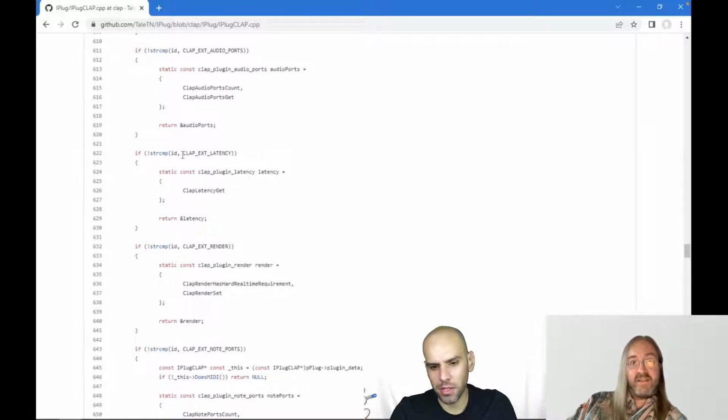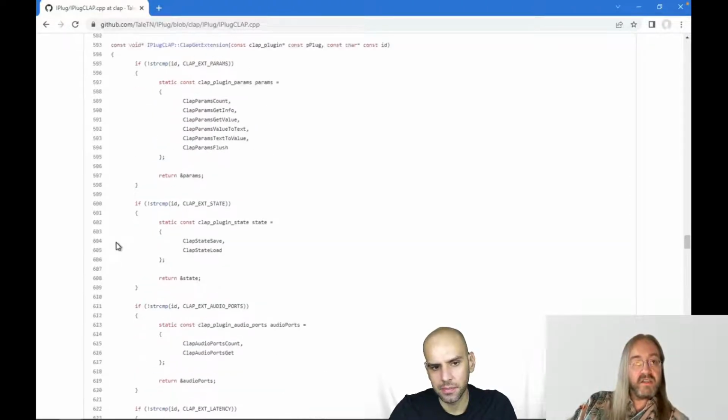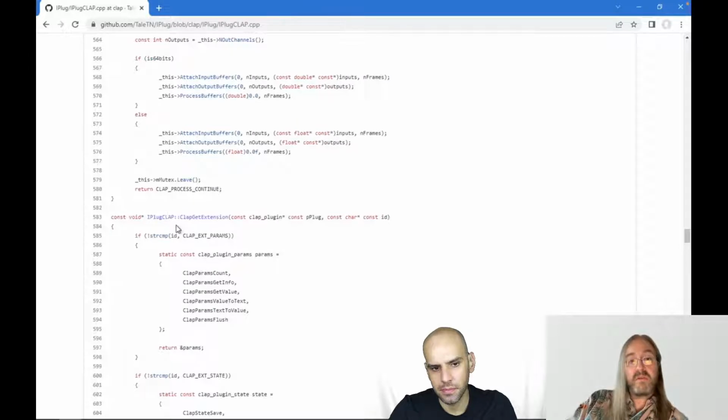In that case, it was probably a switch statement with opcodes, but it boils down to pretty much the same. No, it doesn't, because this just returns the function pointer. So this extension function is called a bunch of times, but only when the plugin has just loaded. It's never called again after that, because once it has the function pointer, for example here for the get parameter value, then it never has to call this get extension again. It can just call the clap params get value to get the value of the parameter. So it doesn't have to go through.